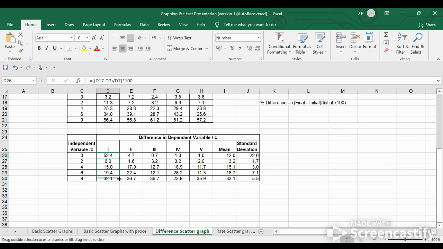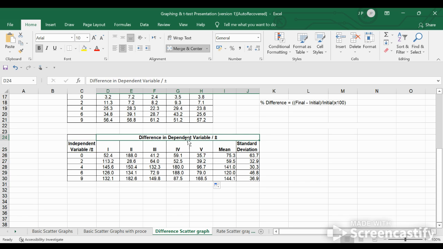To convert all of them, drag it down. Notice that the mean and the standard deviation are changing automatically. And I now have the percent difference between the two values. This would be all you need to include on your data table. Do, of course, include your own independent variable, include your precision error and your unit. Include your difference in your dependent variables of your own variable, the